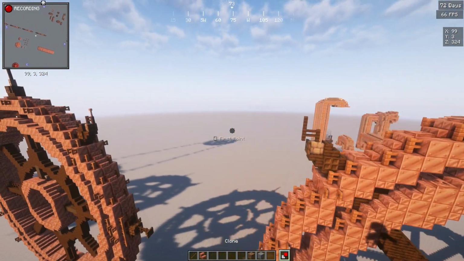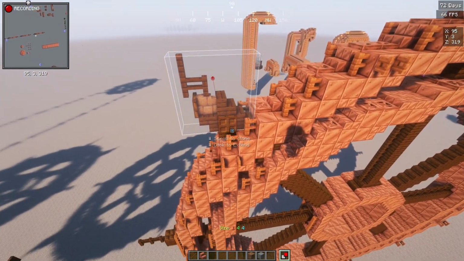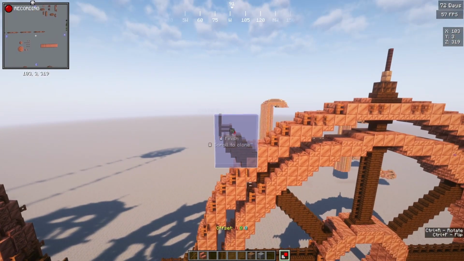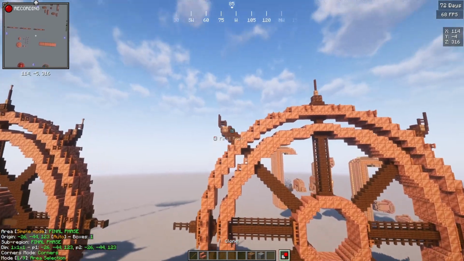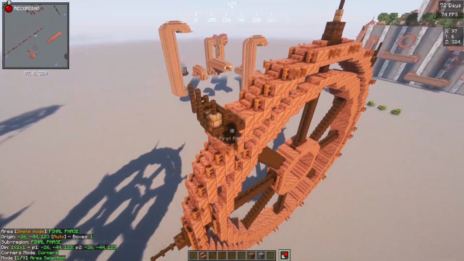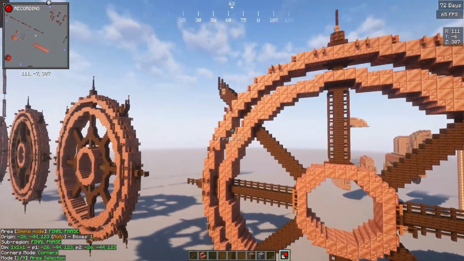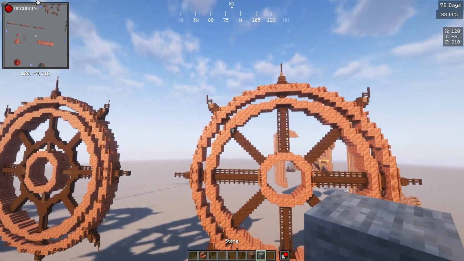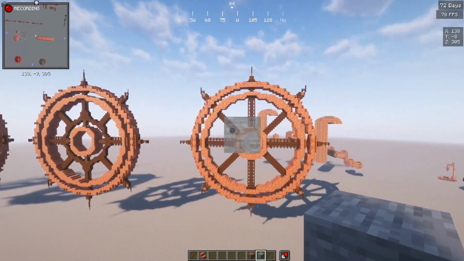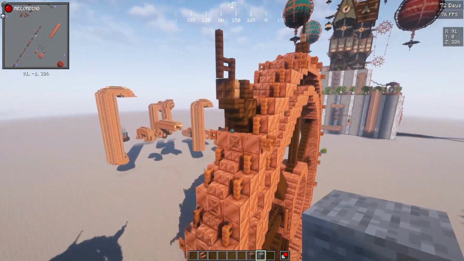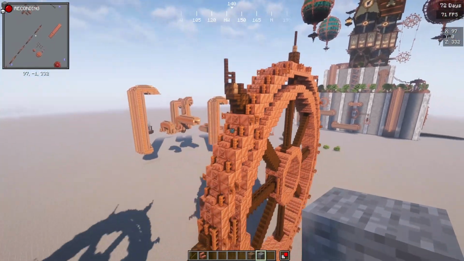Now if this were to be in front, now take a look at how that looks. It looks a bit different, no? It looks like it's connected to the copper, and it just feels odd. But this, with a layer of depth, you can't see that transition as well, and it looks a lot better